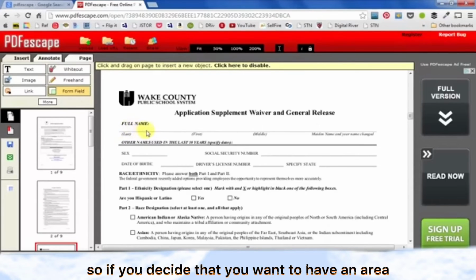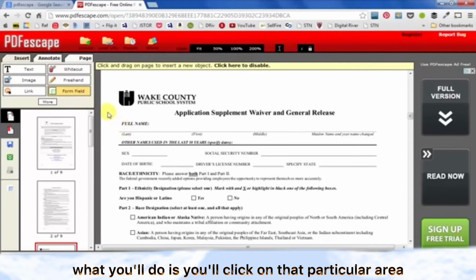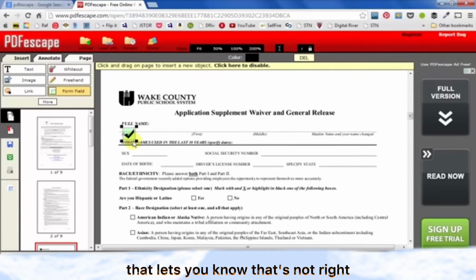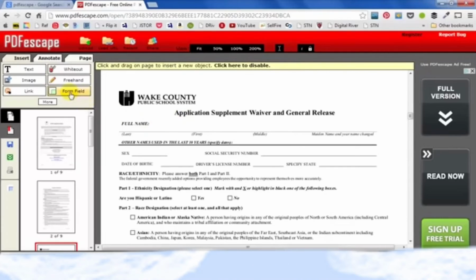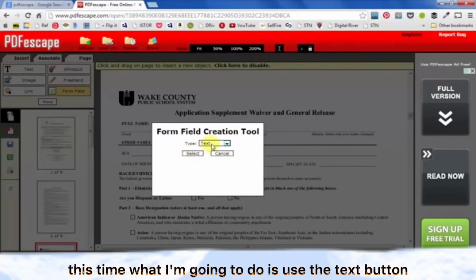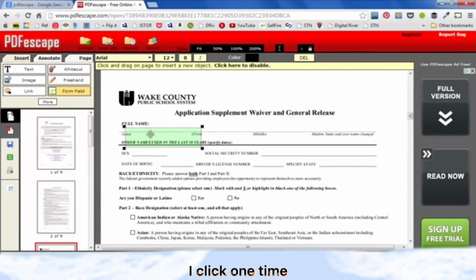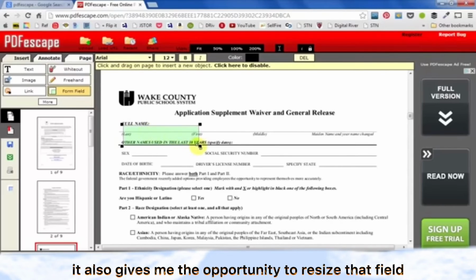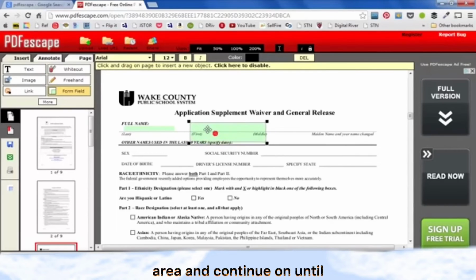If you decide that you want to have an area to type in your text, what you'll do is click on that particular area. If you get that, that lets you know that's not right. So in this case, I'm going to press the delete button and click Form Field again. This time I'm going to use the text button, so I'm going to click Select. Once I click one time, it also gives me the opportunity to resize that field the way that I want. Click in the next area and continue on until